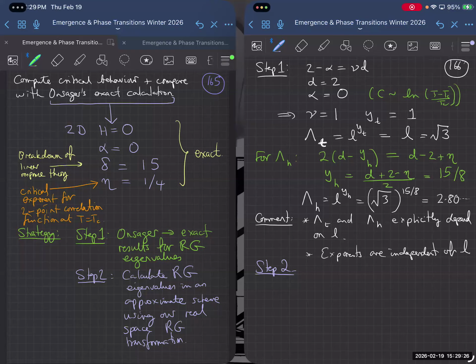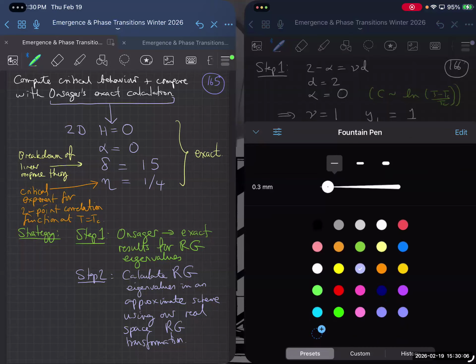Let's define sigma I. By that I'm going to mean all the spins that are in a block I. So that would be S1 I, S2 I, S3 I. So this is all the microscopic spins in the block I. I'm just going to use the notation sigma to denote them, otherwise the writing just gets too complicated. And then the block spin variable,